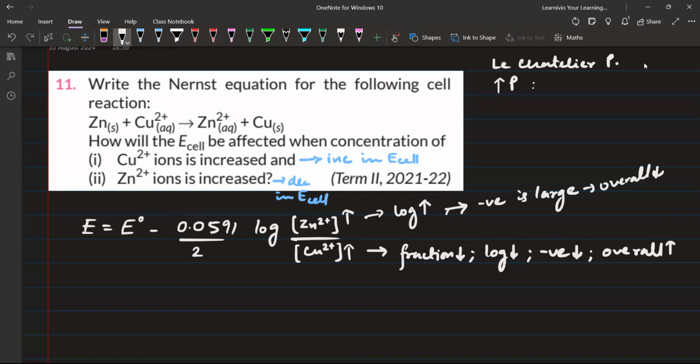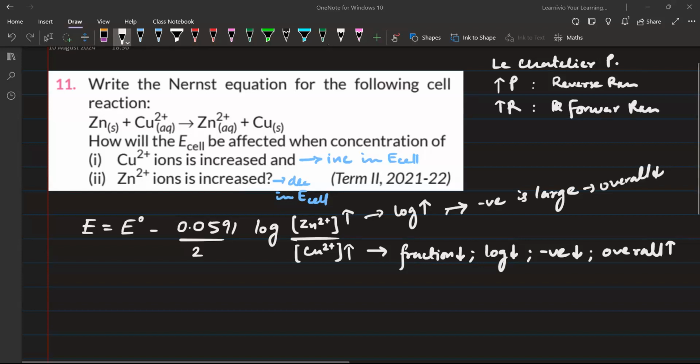ठीक है. If you increase the product, then the reverse reaction will occur. If you increase the reactant, then the forward reaction happens. Does this make sense? Yes or no? Please tell me. Rishita and Harsha, याद है सबको? Yes, Rishita, Harsha, Zaina. Yes, sir. Right. Now, what is happening if I'm increasing the Zn2 plus ion,